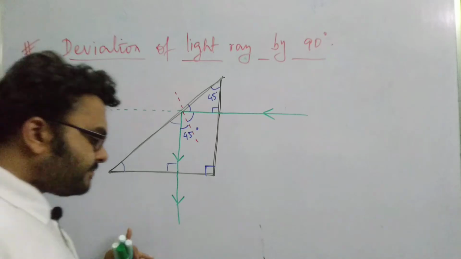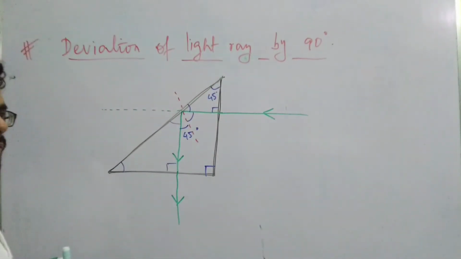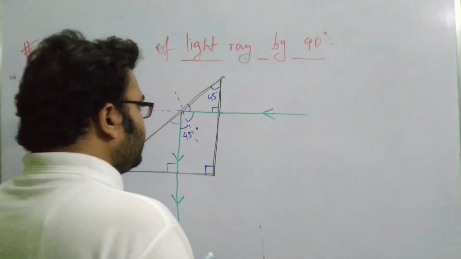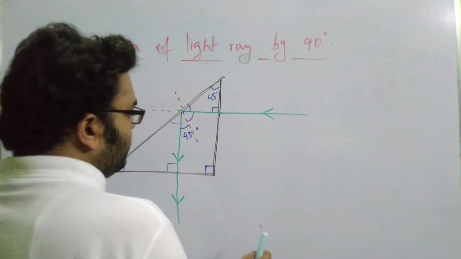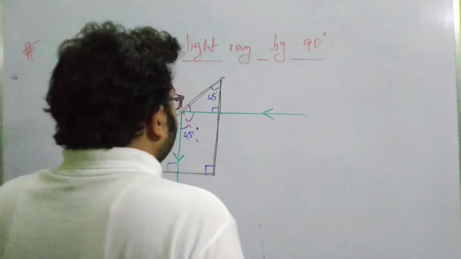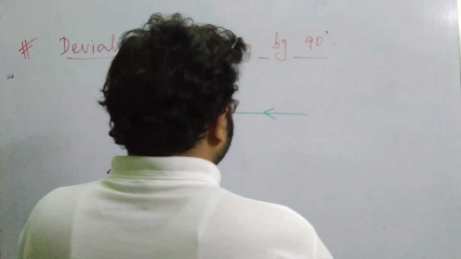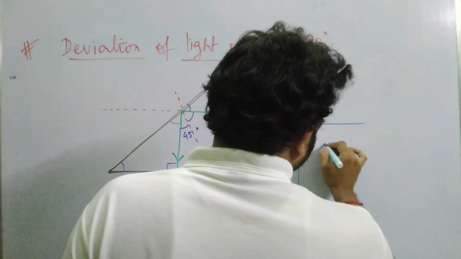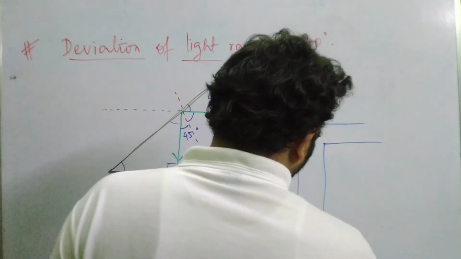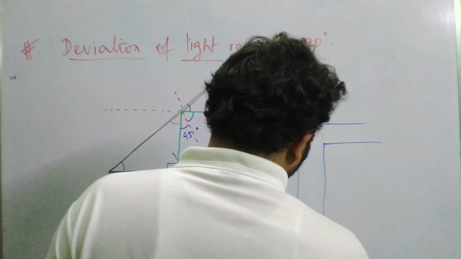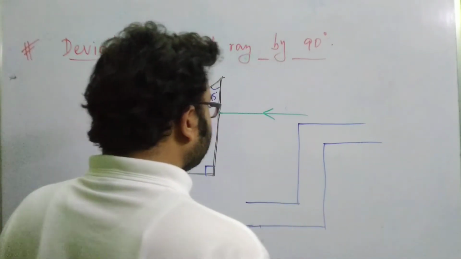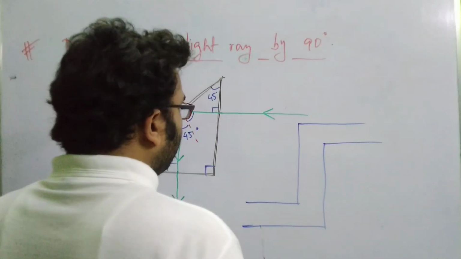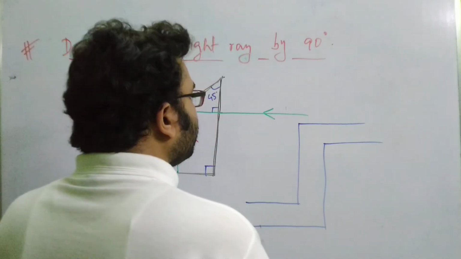So this kind of prism is actually used in periscopes. Previously in periscopes we used mirrors, but with the invention of the prism, we use not a mirror but rather a periscope prism. Why is this? Because in case of a mirror, 100% of the light is not reflected. But if we use a total reflecting prism here, then the light ray is deflected by 100%.